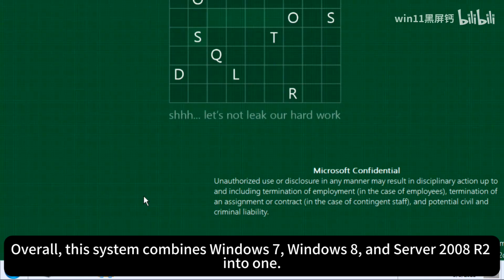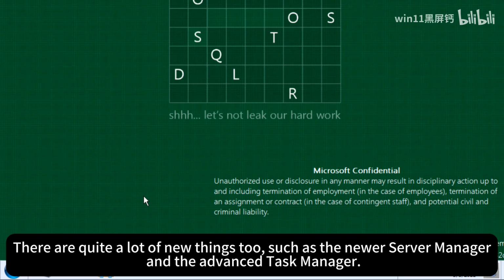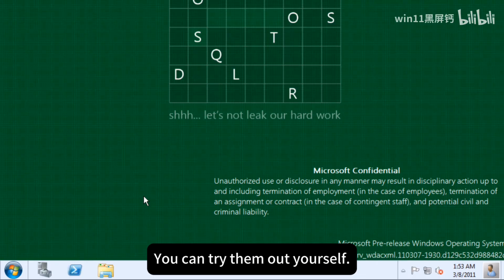Overall, this system combines Windows 7, Windows 8, and Server 2008 R2 into one. Just like I mentioned at the beginning, the Windows 7 installer, the Windows 8 terms, and the Server 2008 R2 name. There are quite a lot of new things too, such as the newer Server Manager and the Advanced Task Manager. Because of time limits, I did not go into detail on those. You can try them out